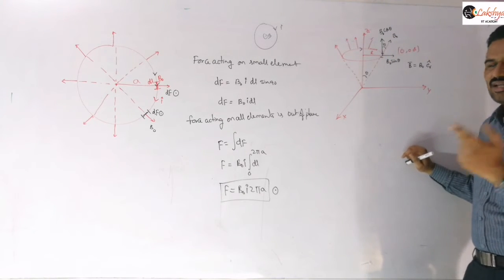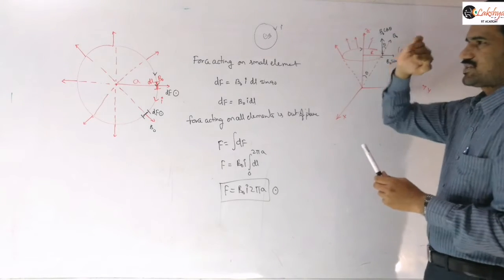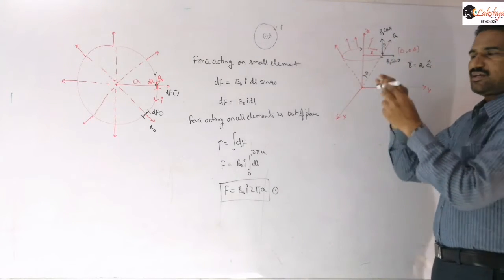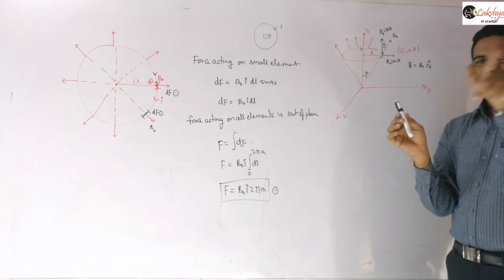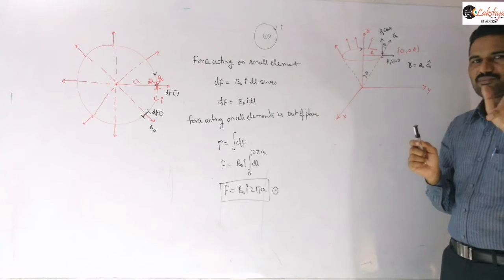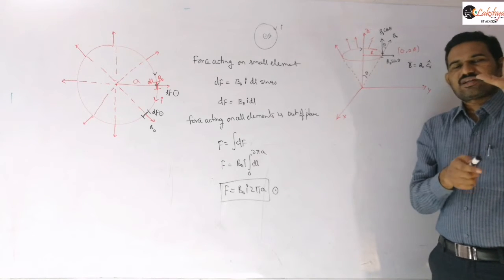If we take a dl element there, then the current is as we are taking it like this. So our circle is lying in this plane here. On this side we are taking a small element. If we take a small element, then the current is out of the plane, so the central finger is out of the plane, then b cos theta will be along this direction.